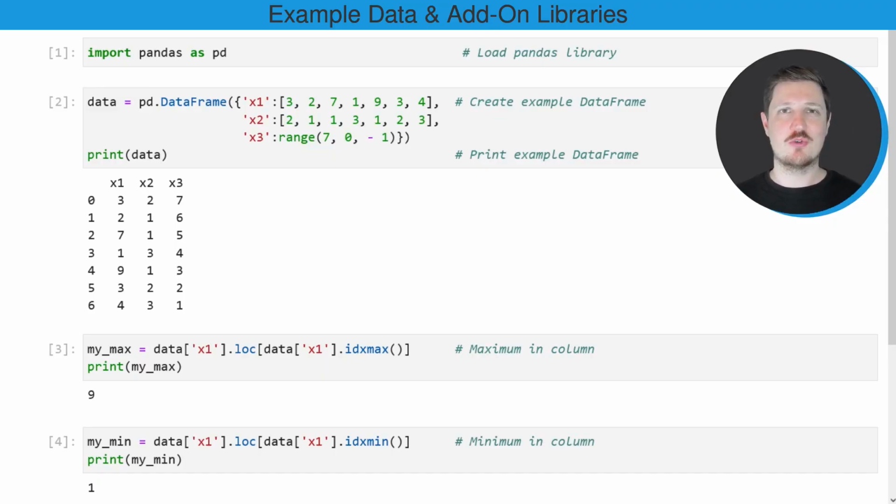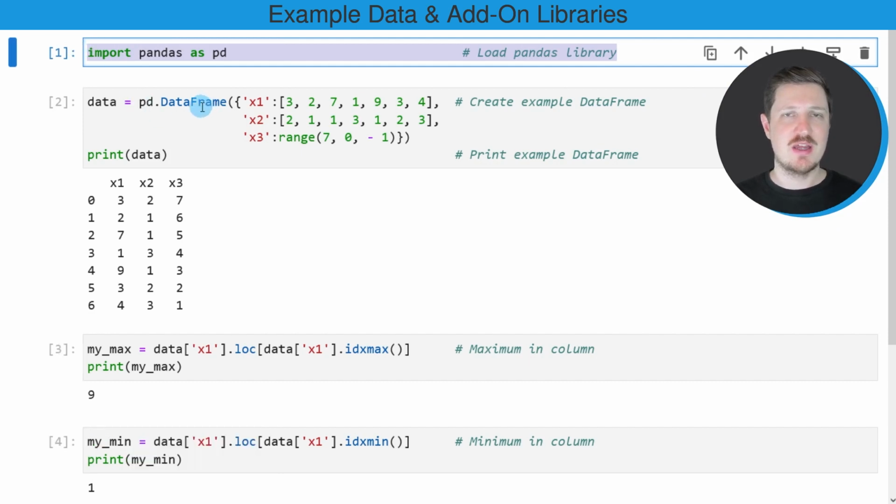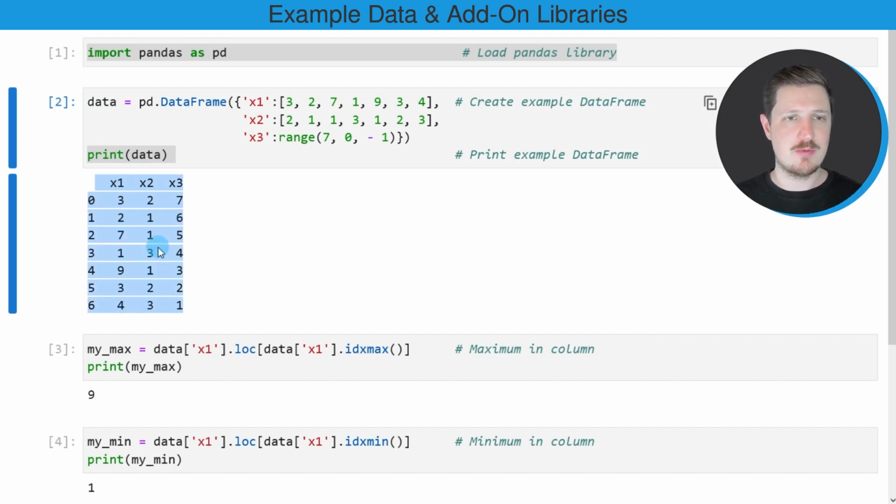In this video I will show you an example, and for this example we first need to import the pandas library, as you can see in the first line of code. And then we also need to create an example data frame using the data frame constructor. After running these lines of code, a new data set called data is created, and we can print this data frame below the code box using the print function. And then you can see that we have created a data frame containing 7 rows and the 3 columns x1,